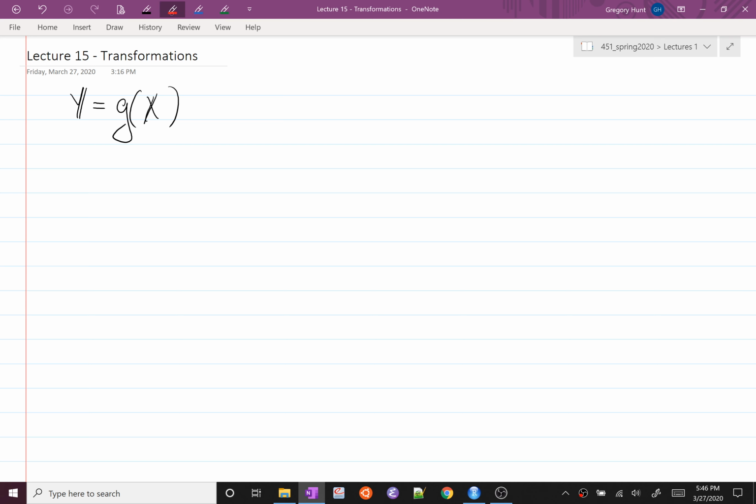Here, this function g is just a normal real valued function. It takes in a real number, spits out a real number. And to the extent that we can treat random variables like a real valued variable, we could plug it into a function and get a new random variable, Y. Of course, random variables aren't really just numbers, they're functions themselves. So what we really mean